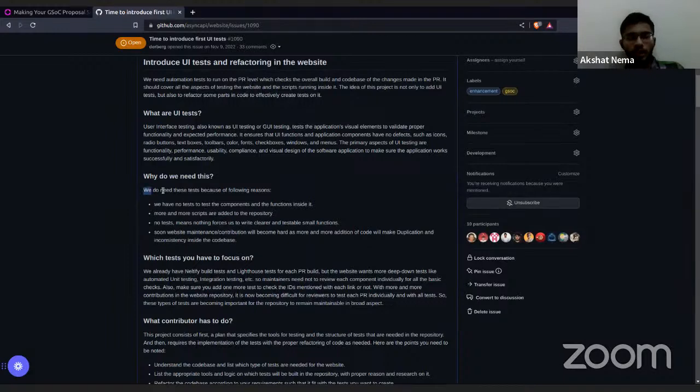But what we need here is that, right now, there is no test to test the components and the functions inside it. As more and more content is being added to the website, lots of components and lots of data are being added. Even the maintainers are not able to maintain the data. More people are not aware of the code base or the content inside it, and in many places we may encounter data redundancy errors and data duplication. So now the concept comes that